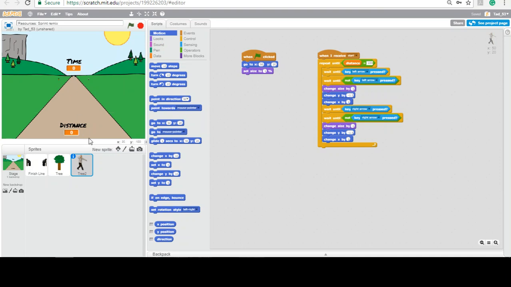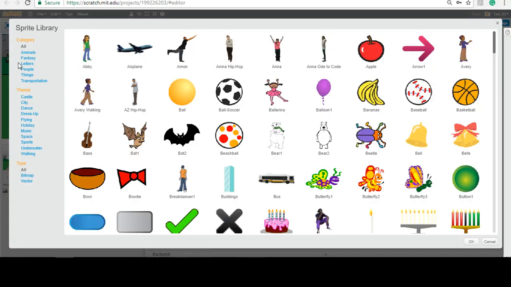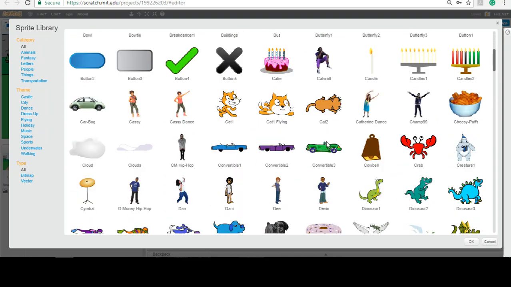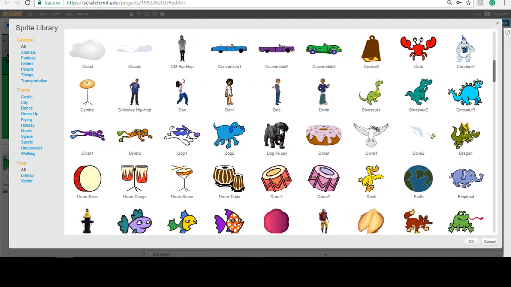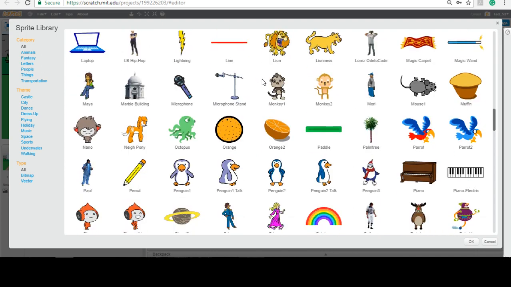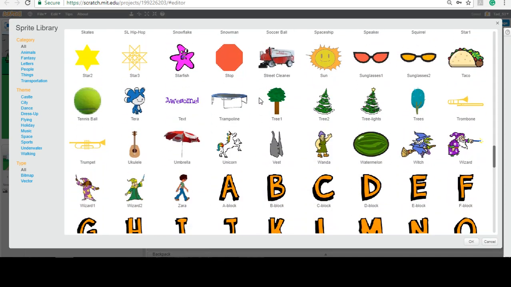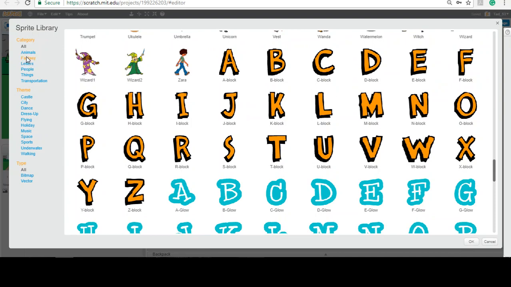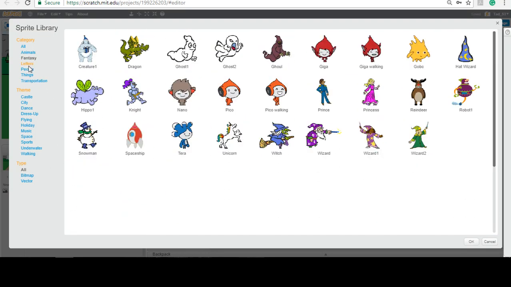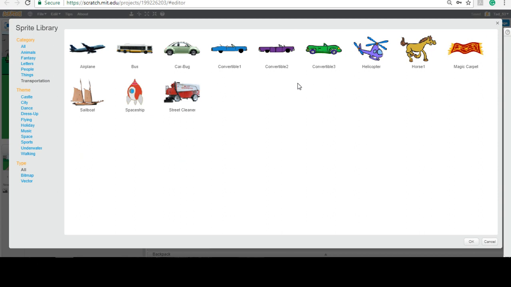So the hardest part here is going to be seeing if there's a sprite that has some type of back projection. If there isn't, then that's something that you might have to draw yourself. Another thing that you could do is draw a car from a top-down perspective so you look like you're driving over the car. Really, in this case, if you were to find something of use from a top-down perspective, maybe in transportation, but all these appear to be kind of in a left-to-right persona here, but let's just try